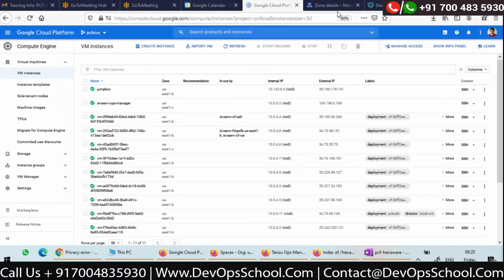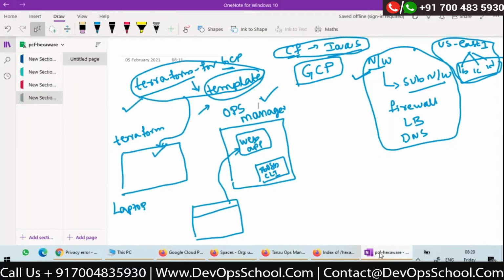Okay, this is the scenario. So explain to us how we can do that. Then we will move that to public cloud. Yeah, sure. Okay, there's a small change which I need to make in my discussion.